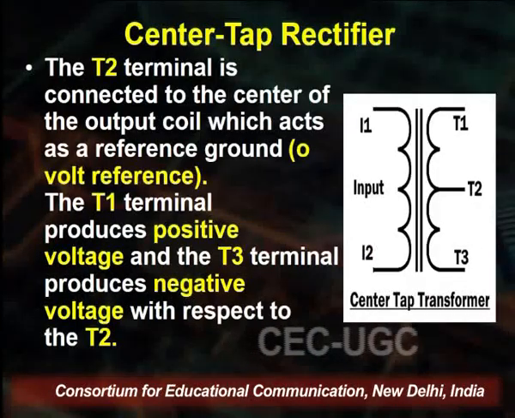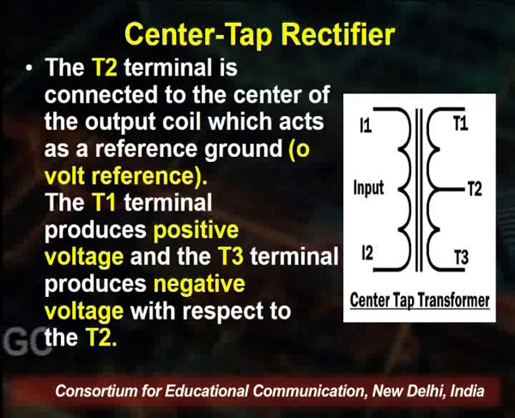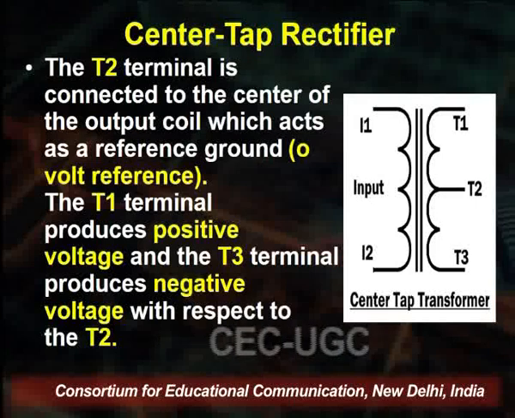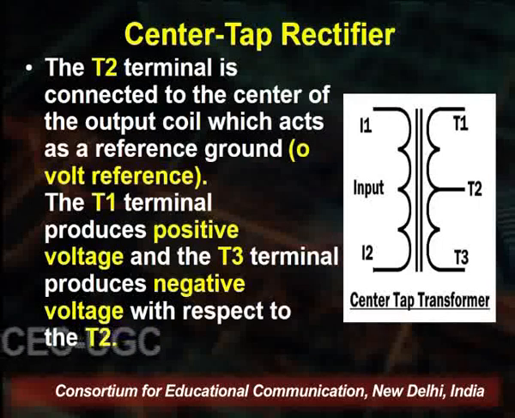Now the center tap, the T2 terminal, is connected to the center of the output coil. This is the center which acts as the reference ground for the voltage reference. So the terminal T1 produces the positive voltage and the T3 terminal produces the negative voltage with respect to T2. Here you see that again the T2 terminal is connected to the center of the output coil, which will be the reference ground to the